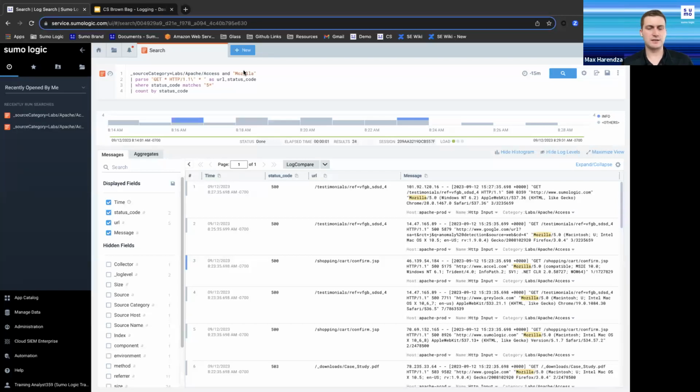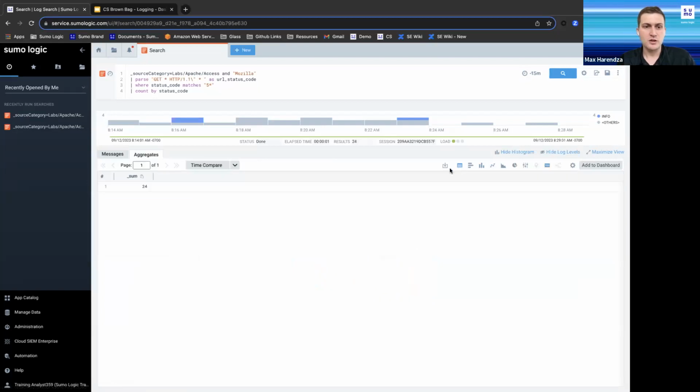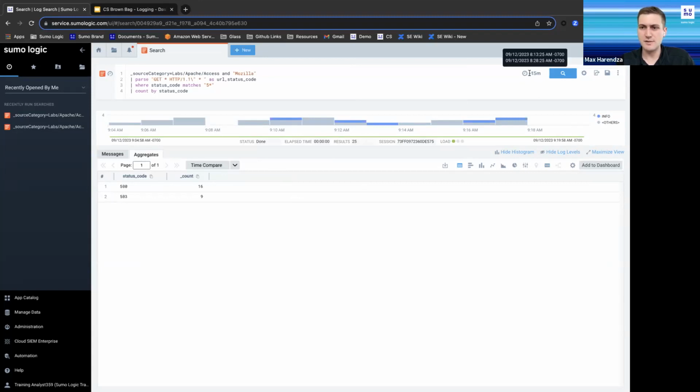So this base query that you have here, we can actually create a dashboard panel off of this right away. So right now we are looking at just a table view of the count of the status codes that we're seeing. Over the past 15 minutes, we are seeing a count of 16 500 level status codes and then 9